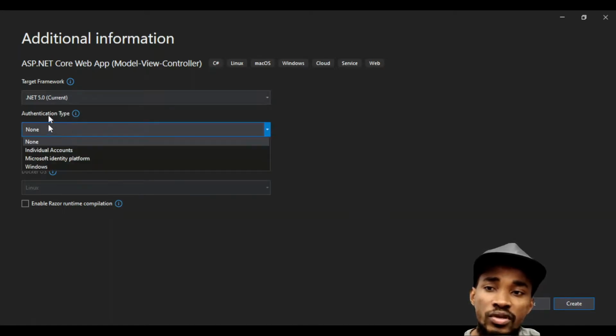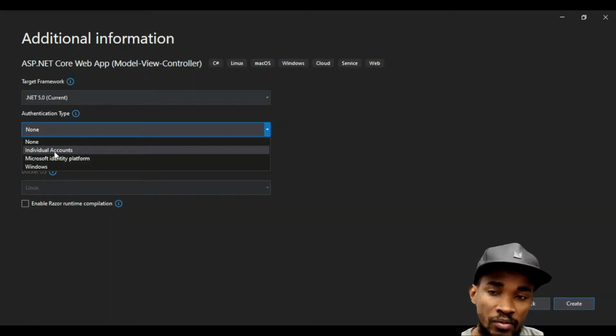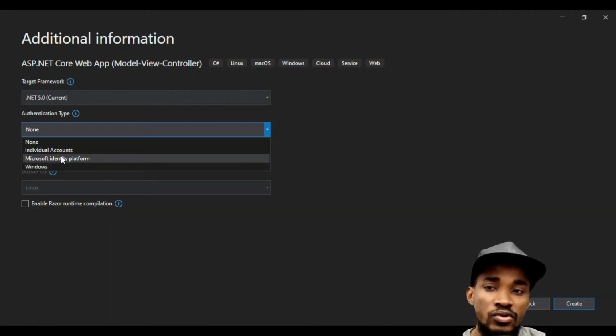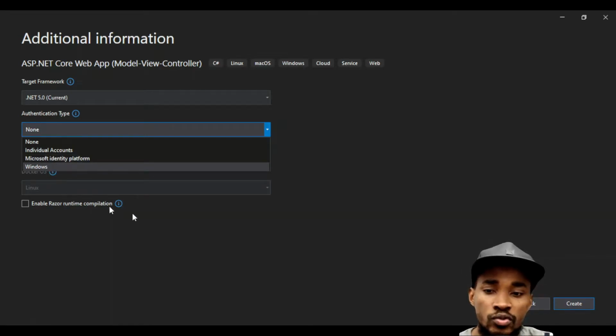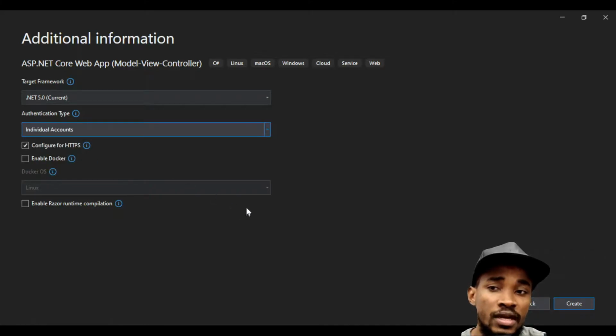And yeah, we want to turn on the authentication type, because there is something I would like to show you here. Authentication means that for people to have access to certain parts of the web app, they must sign in somehow. Individual accounts would normally be your email and password, and then you have cases where you want to use your cloud platform integration service, like Azure AD, or Windows authentication. But for this, we're just going to keep the default of individual accounts. We'll keep it configured to use HTTPS, to make sure this web app runs on a secured connection. Then we can select to enable Razor runtime compilation, and then we click on